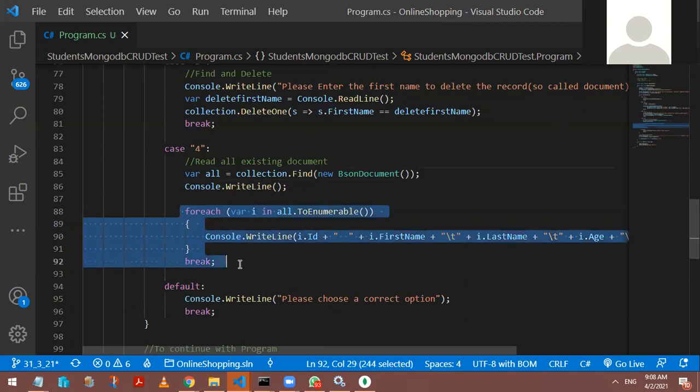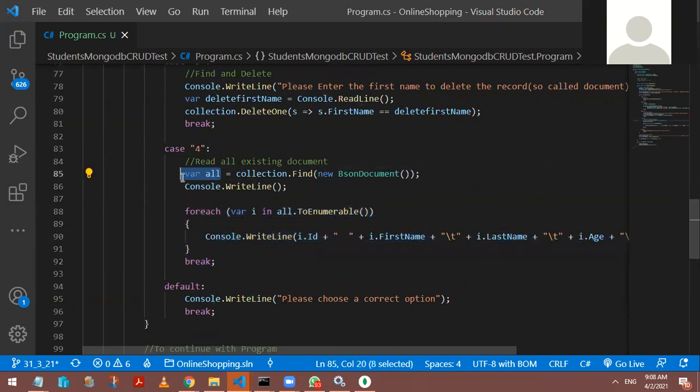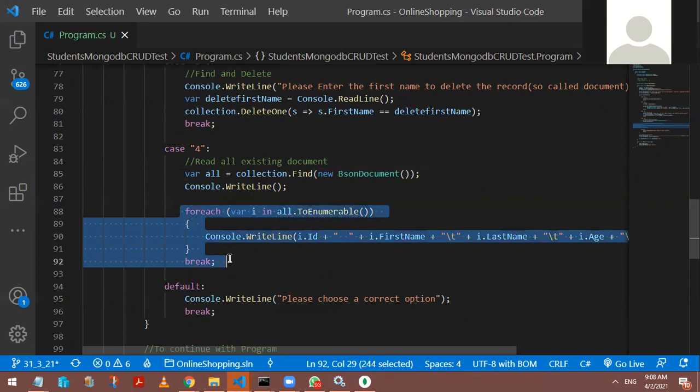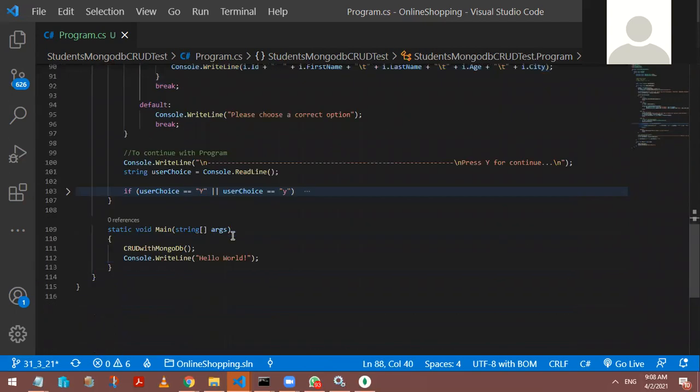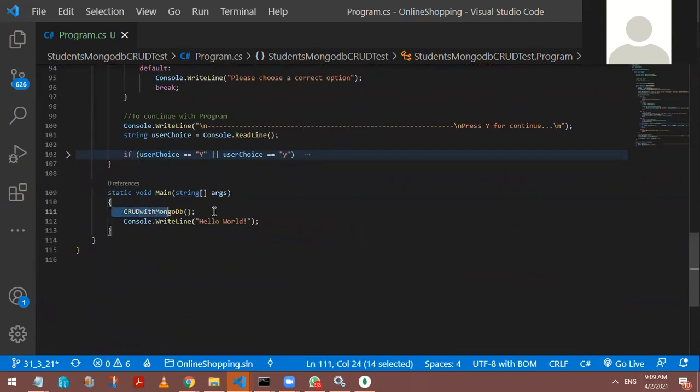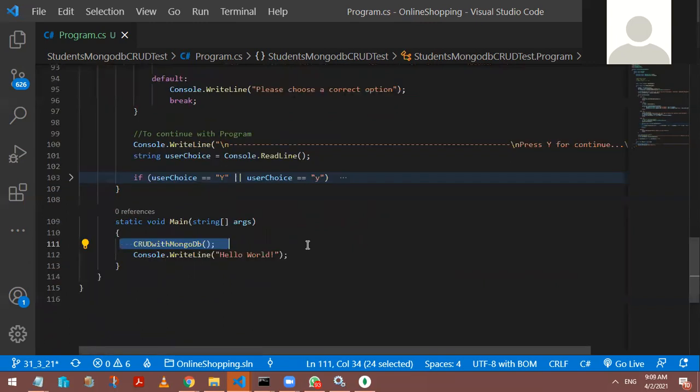See, this is my simple for loop iterating over the collection which is given by this Find method. You can also put a filter under the Find. But now I wanted all records to be read, so I just used Find against the collection, and the data has been taken and presented. That is the simple work we have done here. This is what we call the main function, and my main function is ready for the implementation of my solution.